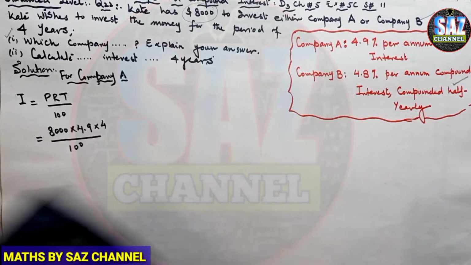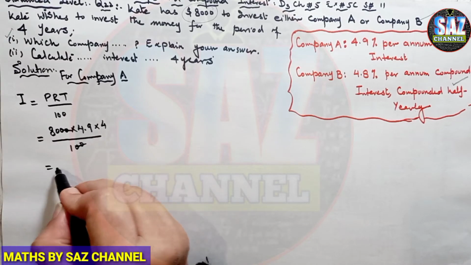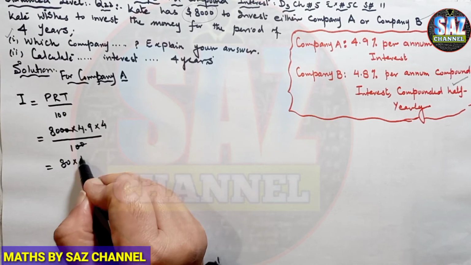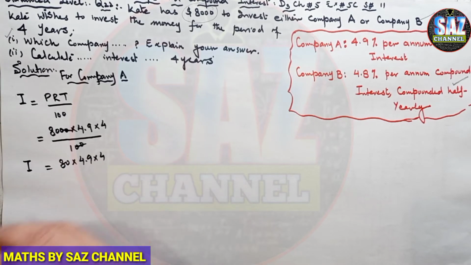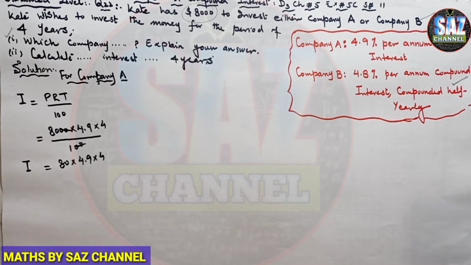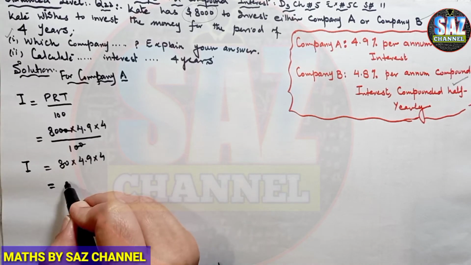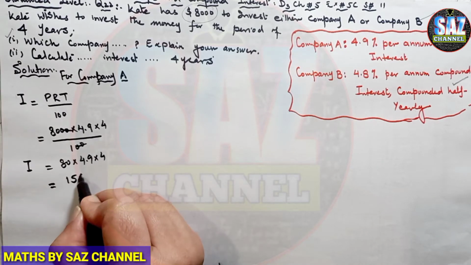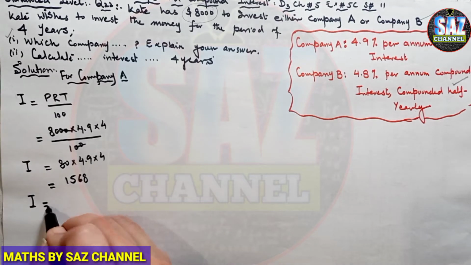We can cancel these two zeros, and I am left with 80 multiplied by 4.9 multiplied by 4. Using the calculator, this gives me 1568 dollars. So interest from company A is